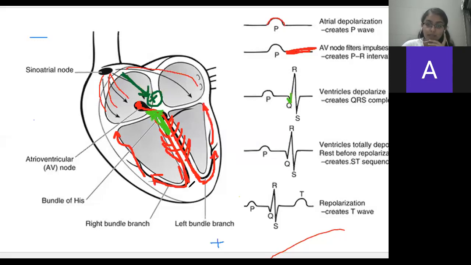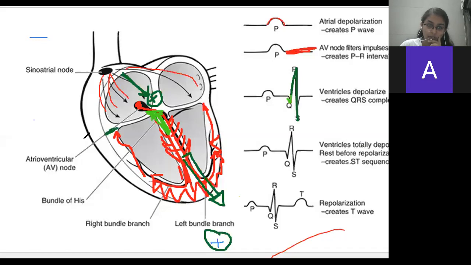Before that, this is a very big tissue. This big tissue will contract with a larger velocity and larger amplitude as compared to these small structures. And the flow will be from inwards to outward. Meaning, the cumulative vector will be in this direction, again towards the positive charge, and that is why you have the R wave, which is a positive wave.